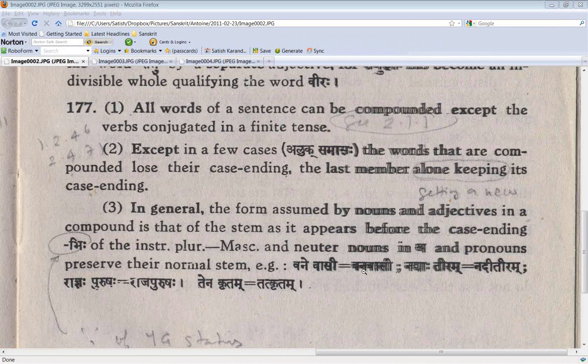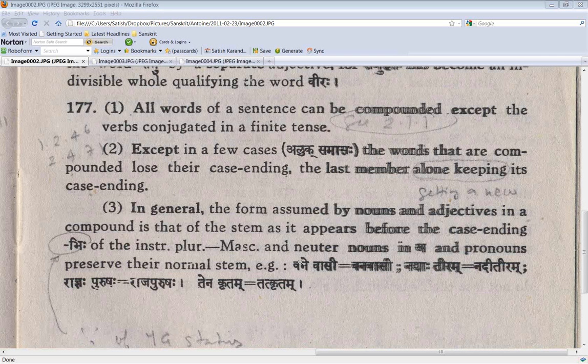I think he's trying to explain how vana remains as vana in the compound. That's what he's trying to do. But if you look at the vigraha vakyam, it will become vana plus, I don't want to put it on the board because right now we're not done with upapada samasa. So don't worry about it too much. It will be vana plus ni plus vas plus nini for the pratyaya nini. So don't worry about the vas plus nini for a time. It's going to come in a future lesson, upapada samasa. So we'll deal with the details then.